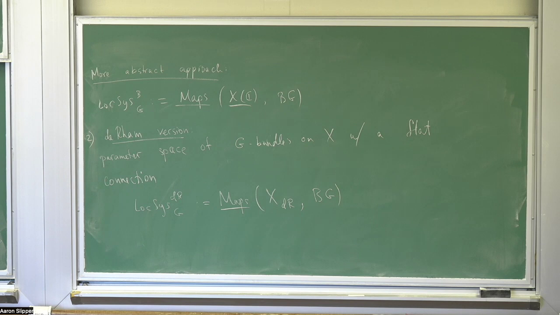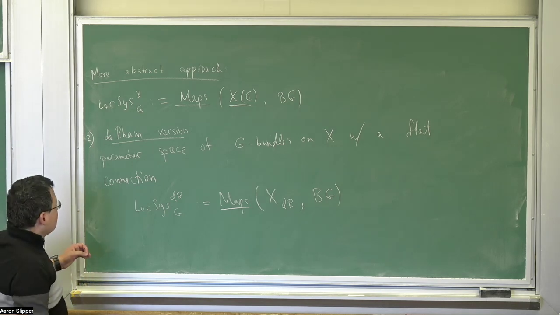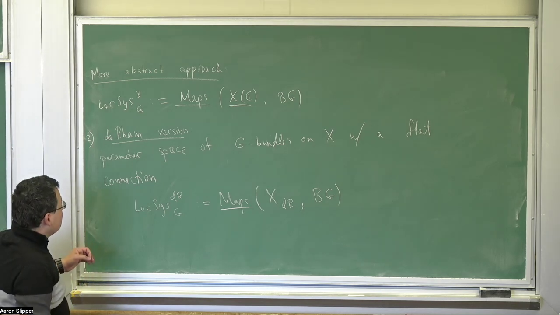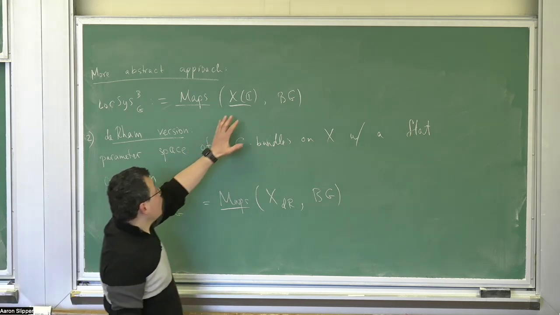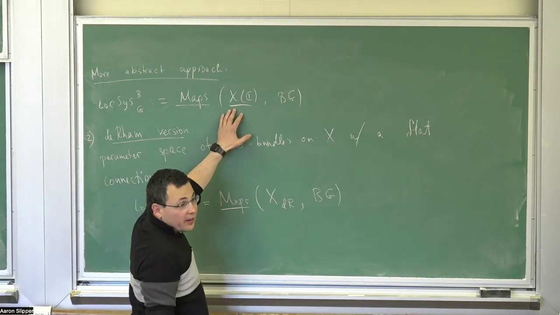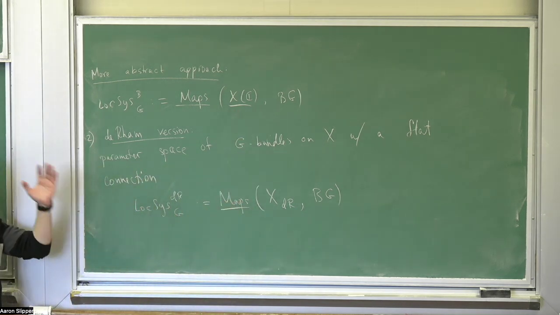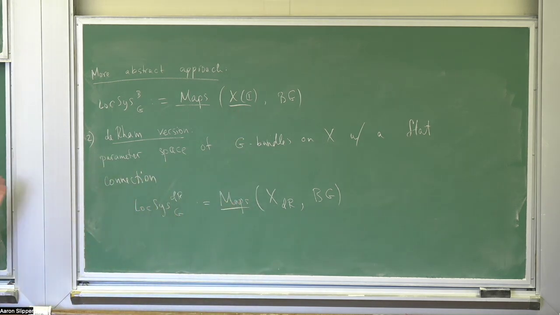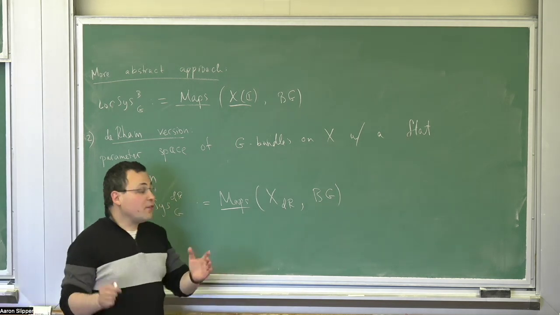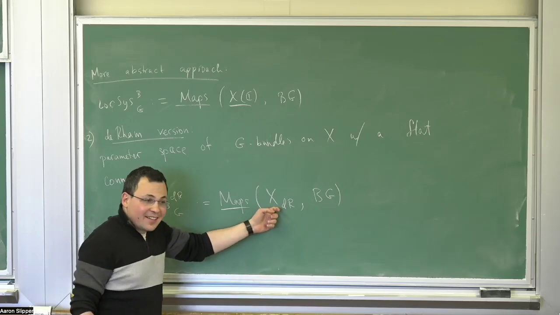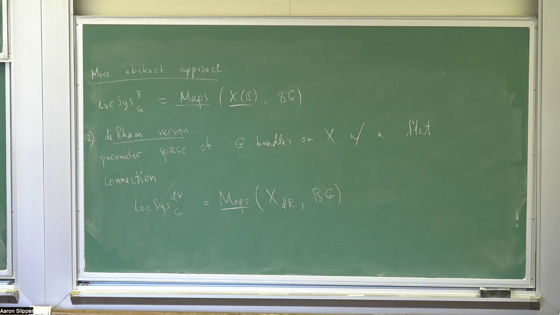How does forgetting some of the algebraic structure, maybe it's equivalent to forgetting the deRham structure or something like that, only remembering the homotopy type of the complex? How do we see that a G-torsor over that gives us the same thing as a local system? No, there's no map between X and this guy in general. This is just the underlying homotopy type. This is the constant pre-stack, which assigns to any ring the homotopy type of X(C). I see. The one that's more relevant to your question is this one, which is the one that forgets down to G-bundles.